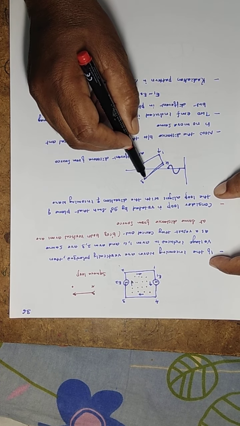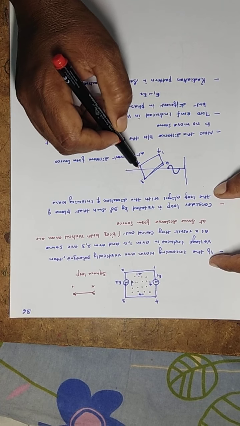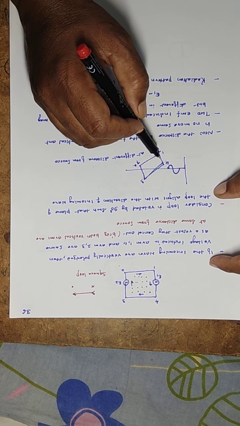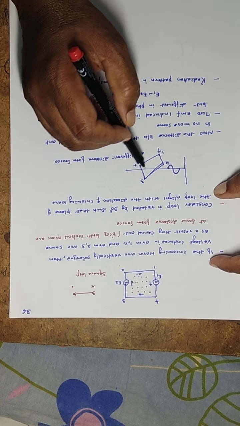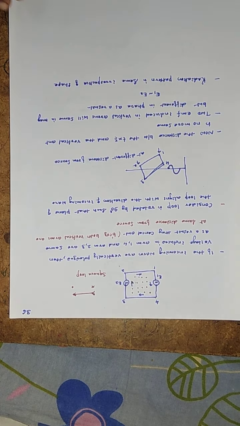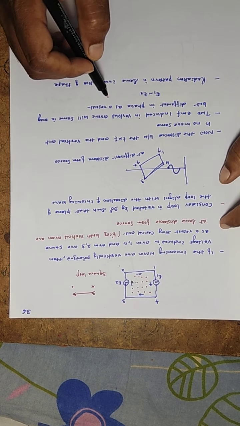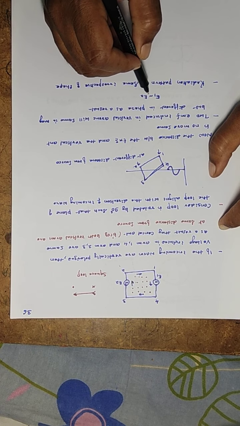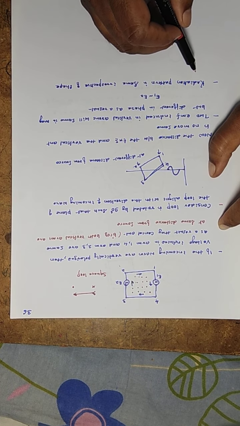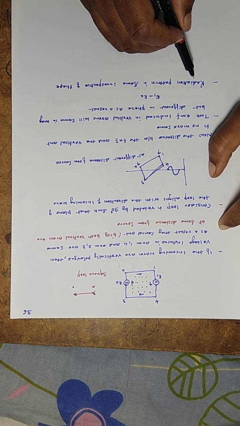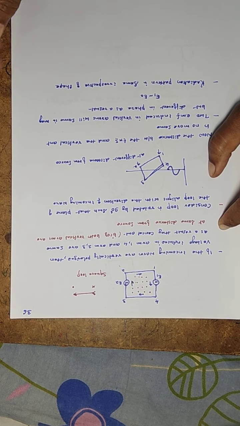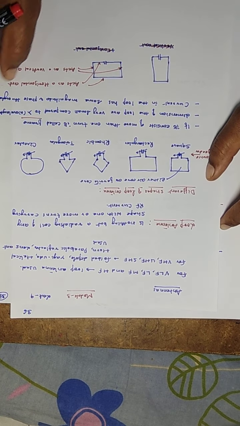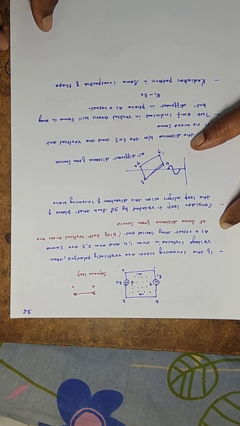But since this loop is placed far away from the transmitting antenna, the magnitudes of the induced currents in arms 1, 4 and 2, 3 are the same, but the phase is different. So as a result, the net field will be E1 minus E2. One more thing: the radiation pattern is the same irrespective of the shape. We have shown the different shapes here. For any shape, the pattern remains the same.